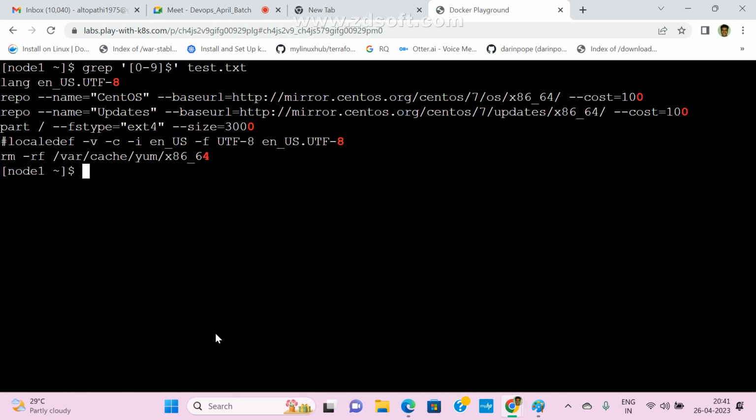Test.txt. Now see here, lines that end with numbers only. I hope you got it right. Yes, sir. Suppose for starts with, we need to add the caret symbol, so the line starts with 0 to 9. We don't have any such data. Starts with a number format. Clear?